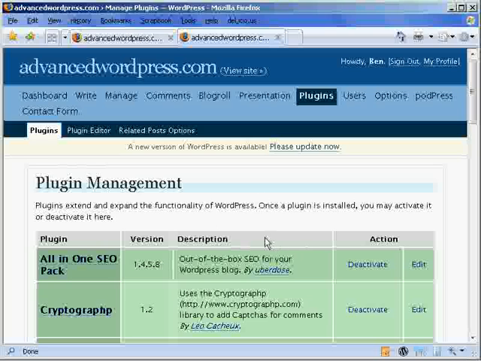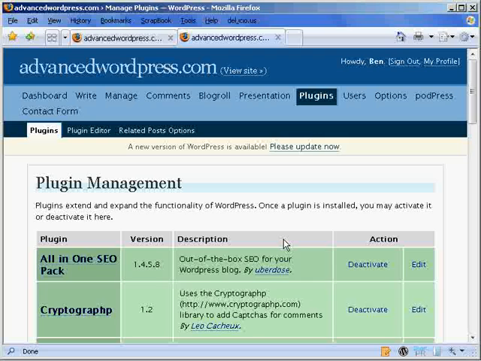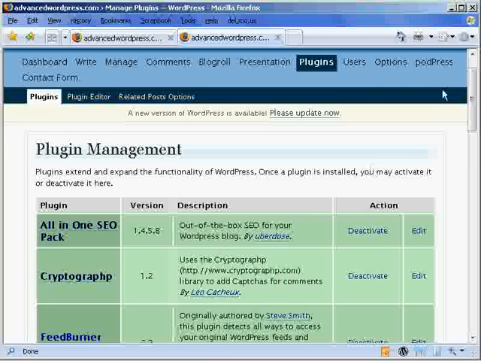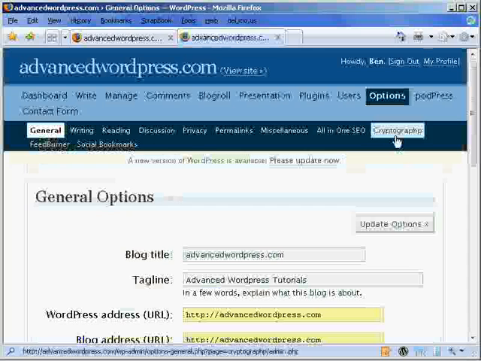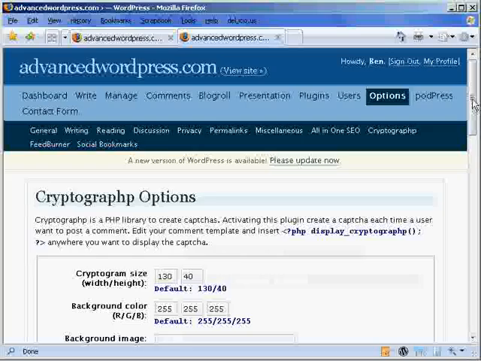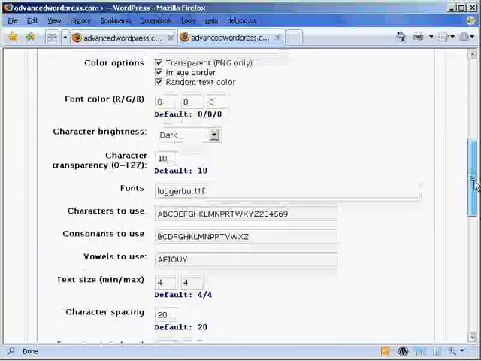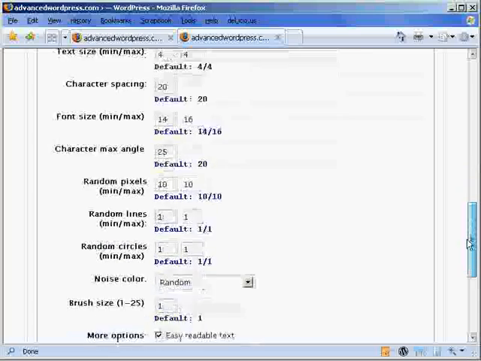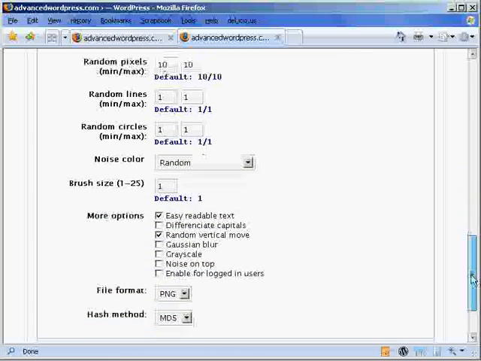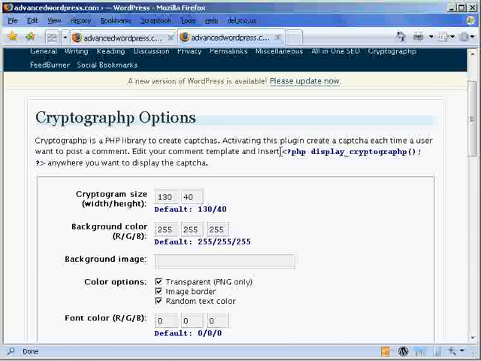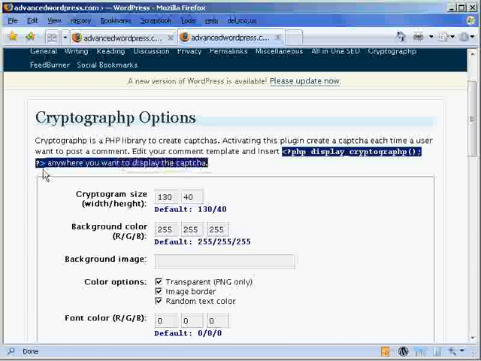You'll notice I've taken out Akismet too because I don't use filters anymore for my people who comment on my blog. I put in a thing called cryptograph. So let's just do that one first. It's in options, under cryptograph, and you just fill out all the options. You can use whatever you like. Just read through the plugin tutorial, and all we have to do is place this tag